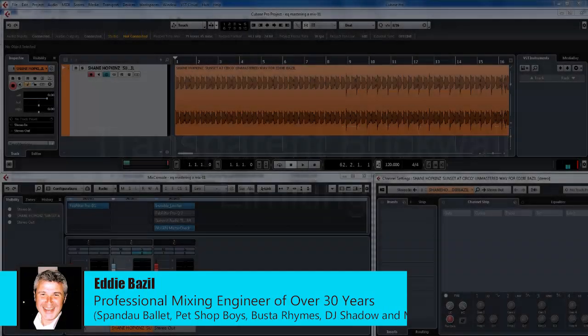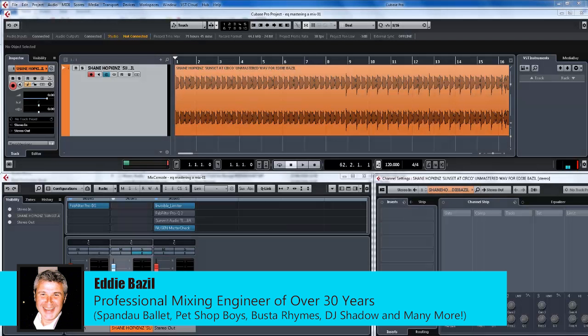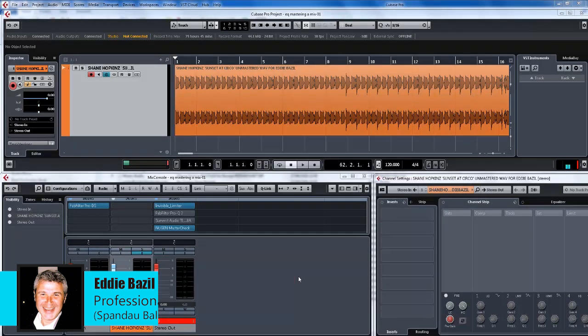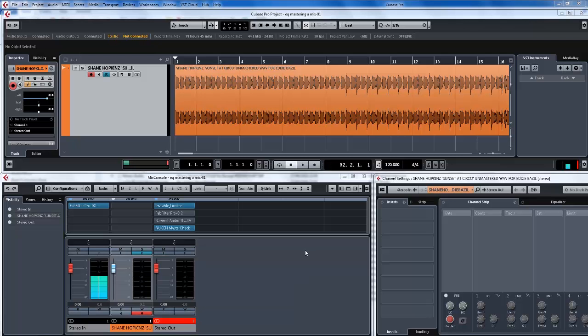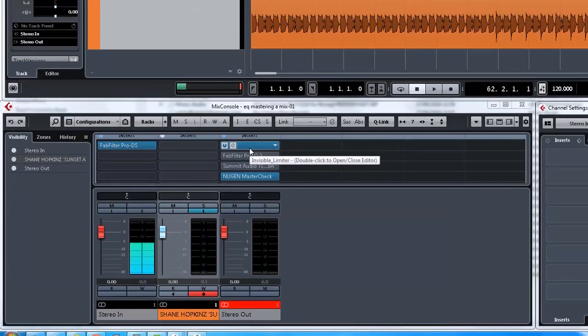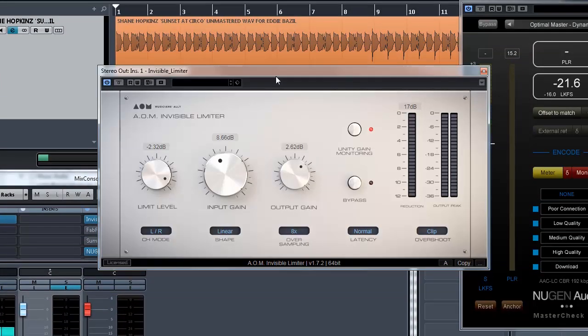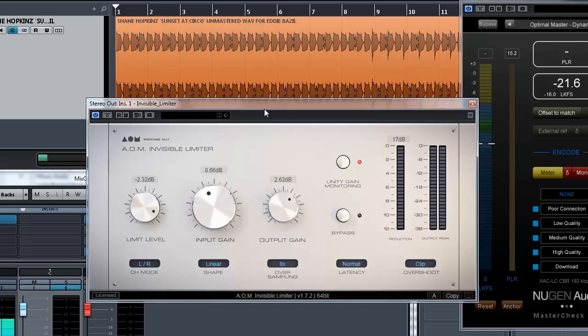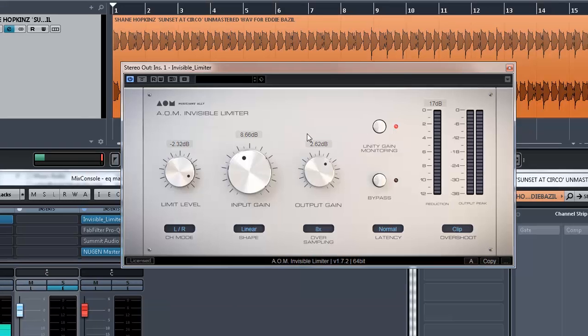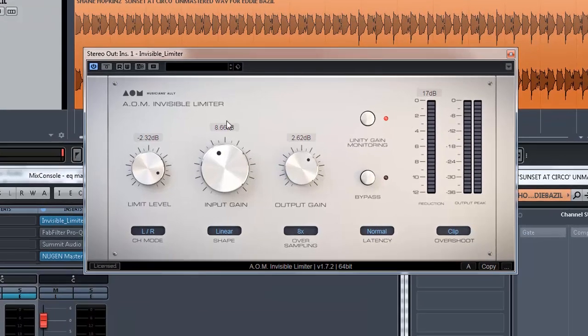In the second part of the limiting tutorial, I'd like to cover what I call transparent Brickwall limiting. And the plugin I use is, I think, the best on the market, short of going up to SSL levels and things like this. It's made by a company called AOM, and it's called the Invisible Limiter. It is truly lovely. This is, believe it or not, a Brickwall limiter, even though we've got output gain control,